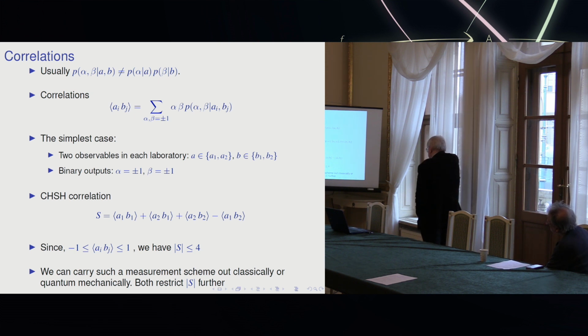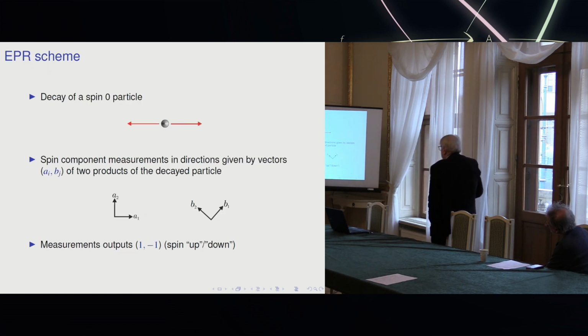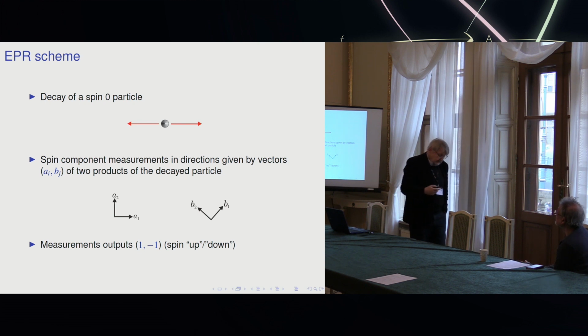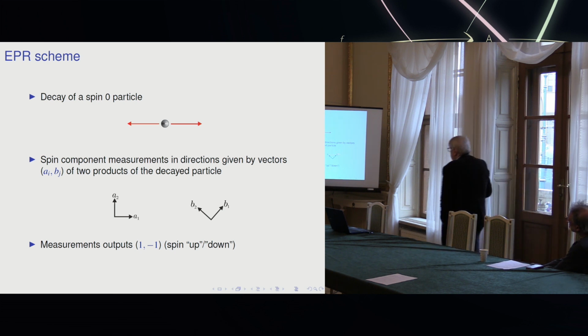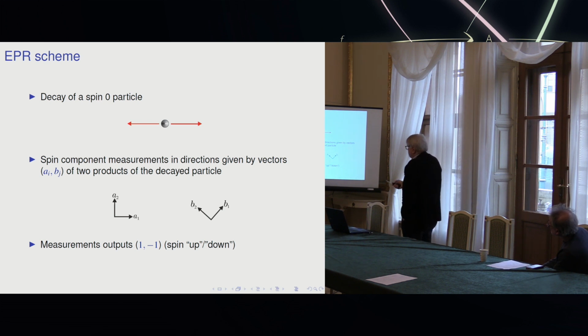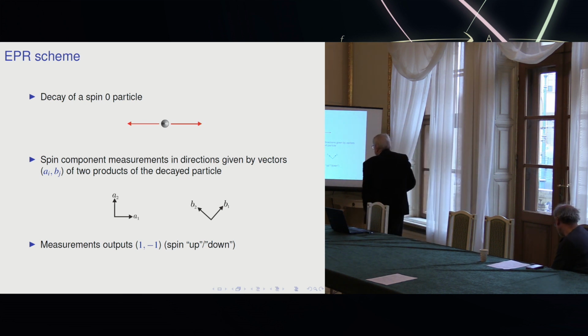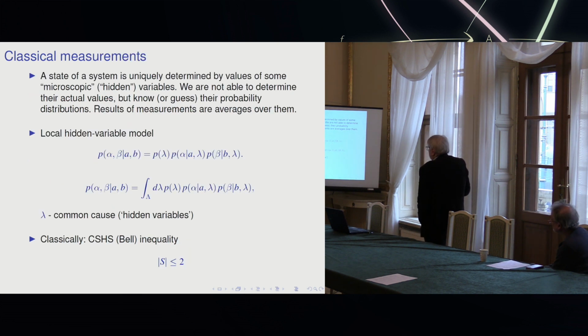So we can carry such a measurement scheme out classically or quantum mechanically. And in both cases, there are some further restrictions of this inequality. The setting you usually take into account is the following. You have the decay of, say, for example, spin 0 particles, and spin component measurements in directions given by vectors. So one is going here, the second here, and when they are far enough, we can measure, for example, the component of spin along different directions. And then these outputs are indeed plus and minus 1,